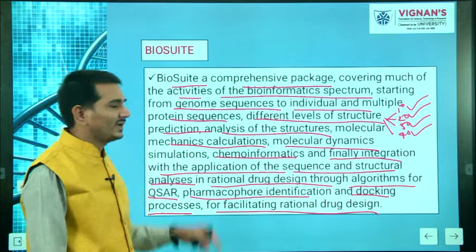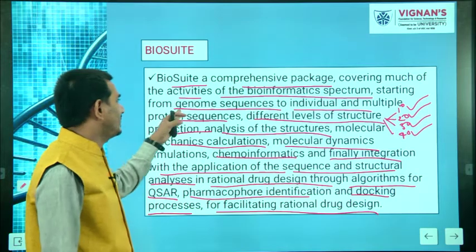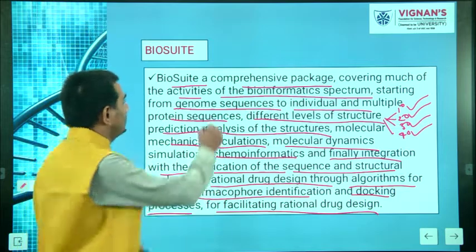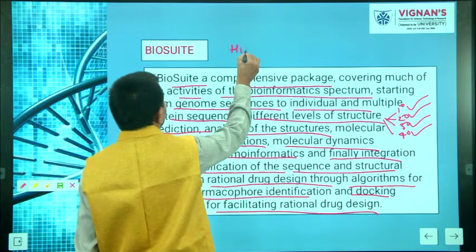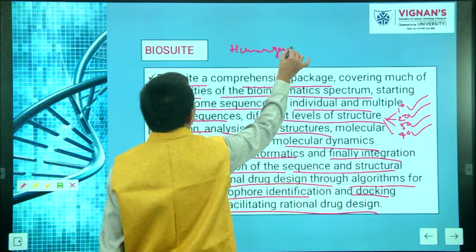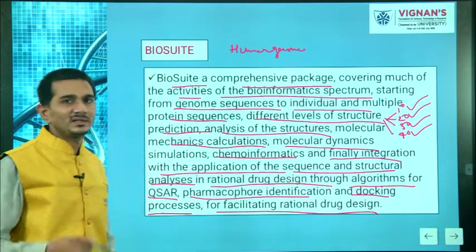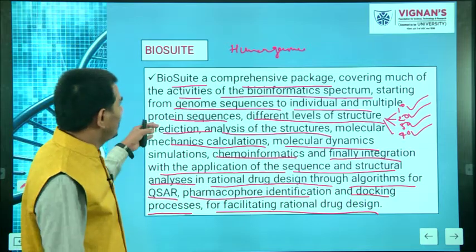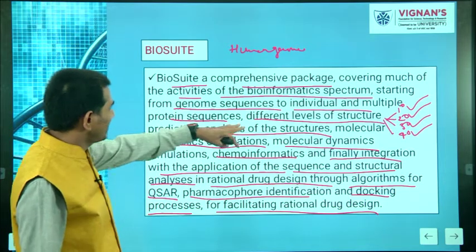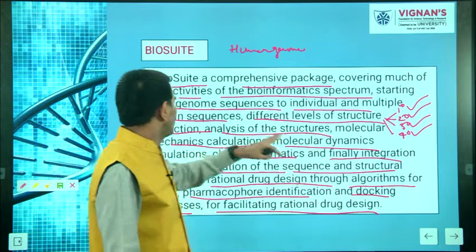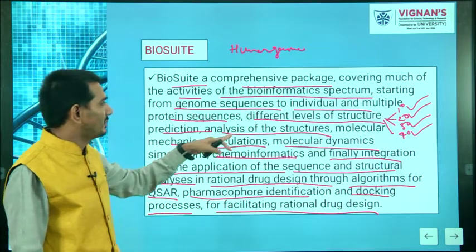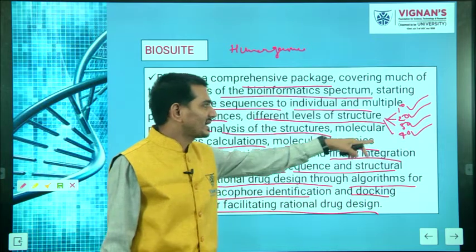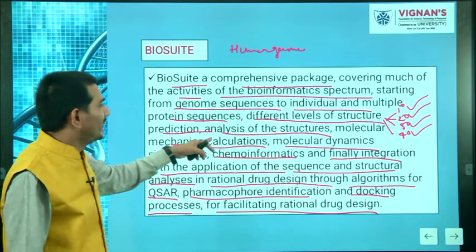So we have databases in the field of bioinformatics which are mainly meant for maintaining the genome sequences of various organisms. To mention, we have a database for the human genome, right? Similarly, we have databases for maintaining the genomes of bacteria, viruses, plants and other organisms, followed by genome sequences to individual and multiple protein sequences, at various levels. So protein exists in four conformations: primary, secondary, tertiary, and then quaternary, and followed by analysis of